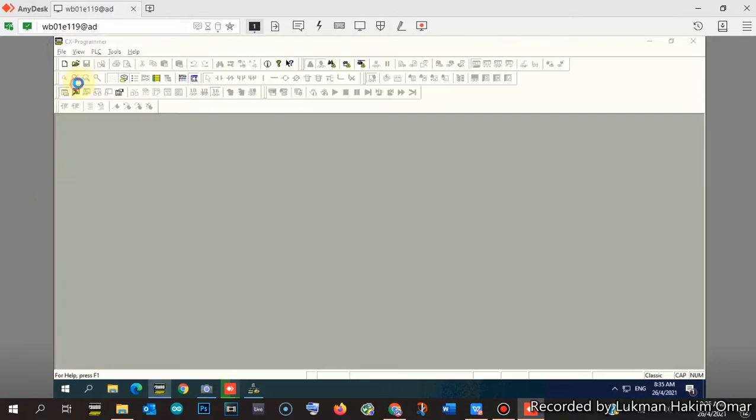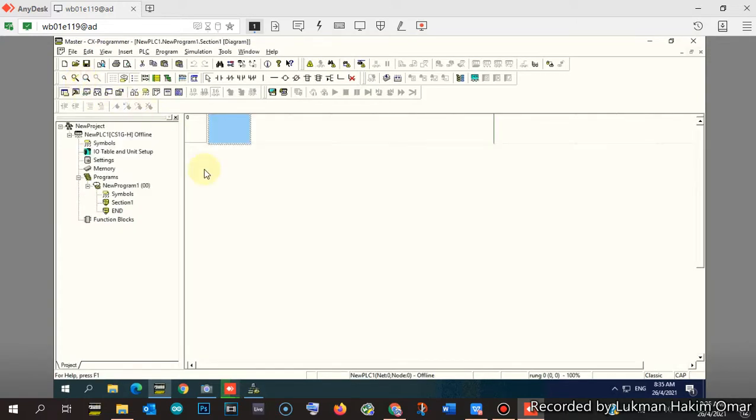And then we open back the master PLC project. That is for the routing table. So the first one is to configure the routing table for both the PLC master and PLC slave. And the next step is to configure what we call the data link table.